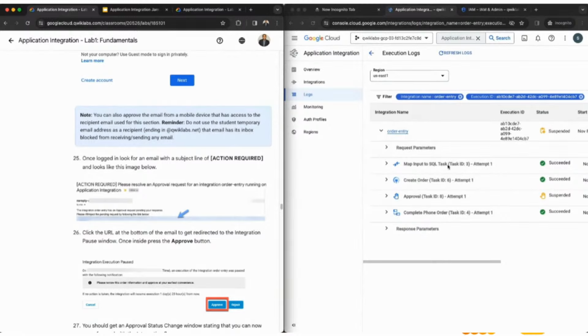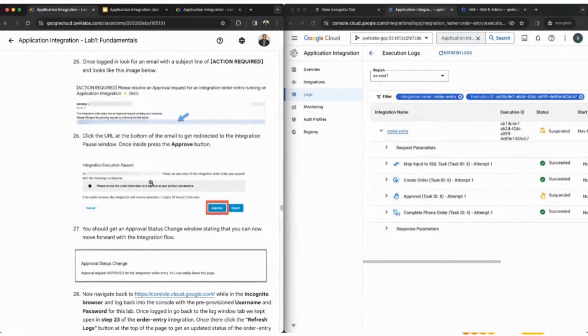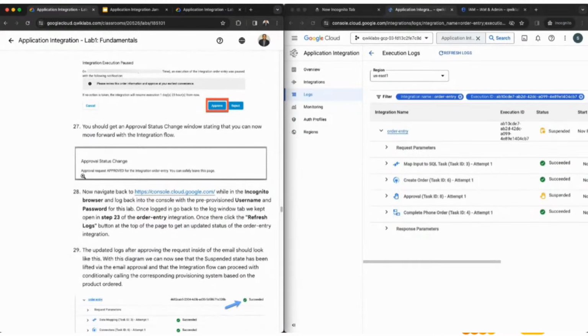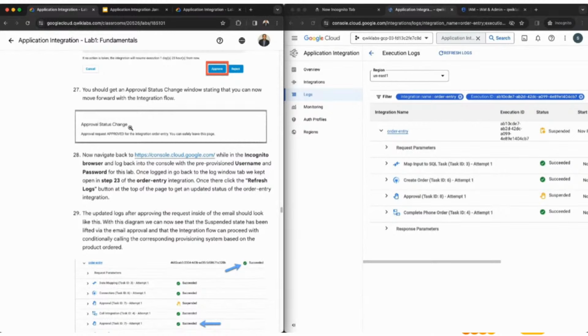This is exactly what the email is going to look like for you. And it should say approval request approved. Okay, I just did this on my end, but also do it on your end momentarily. And so we're going to